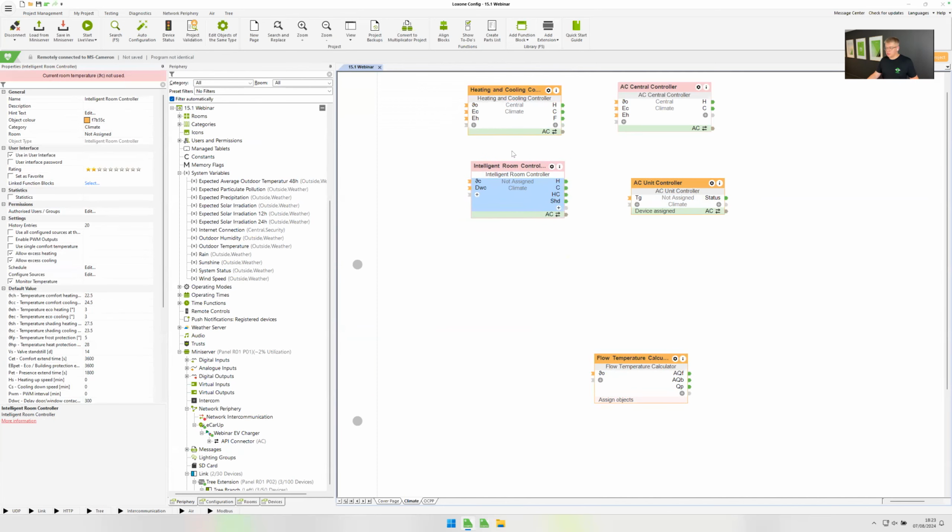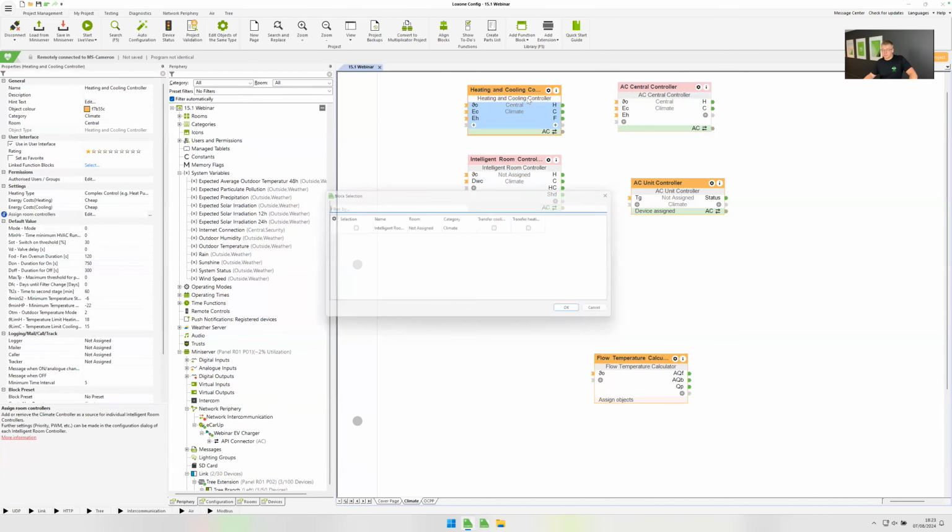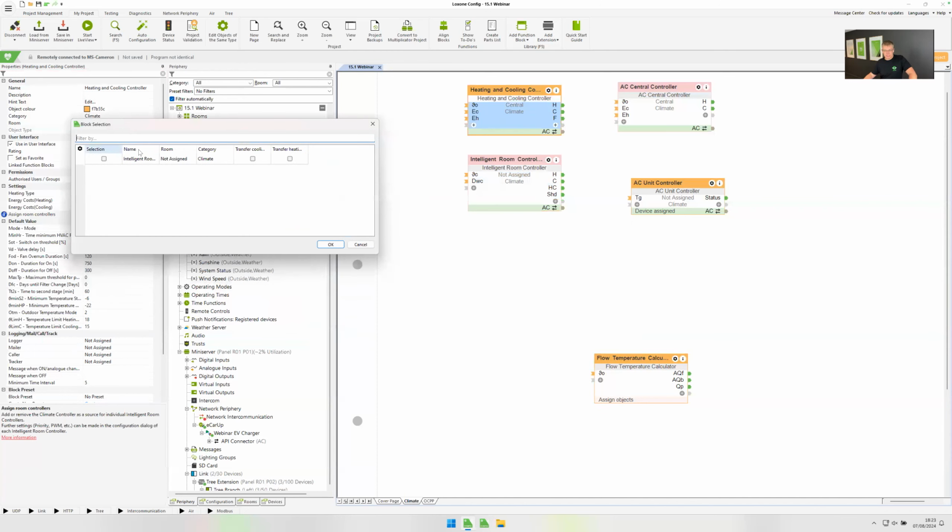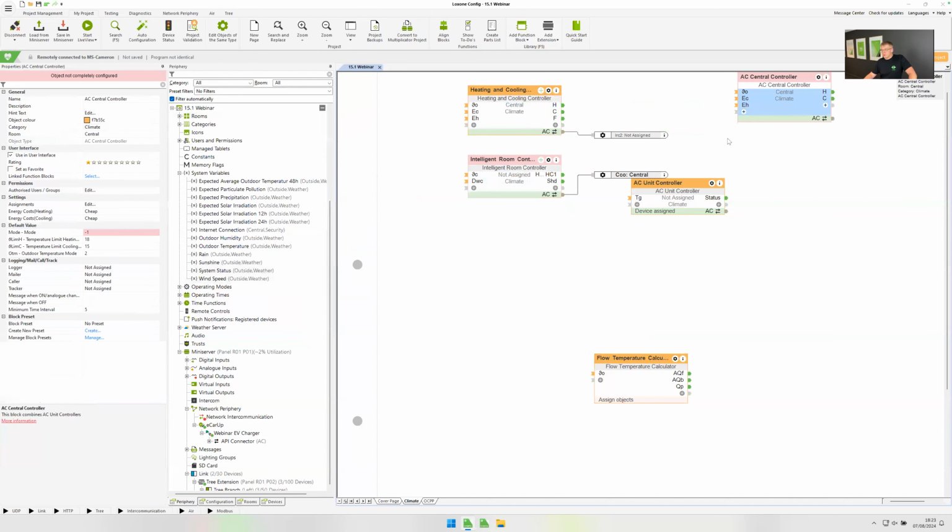initially there. One of the great features is to combine multiple intelligent room controllers, which are delivered by one source, the source of the heating or cooling is from one source, which is what the heating and cooling controller does. If I double click on that, you can see my intelligent room controller. Now, the AC central controller